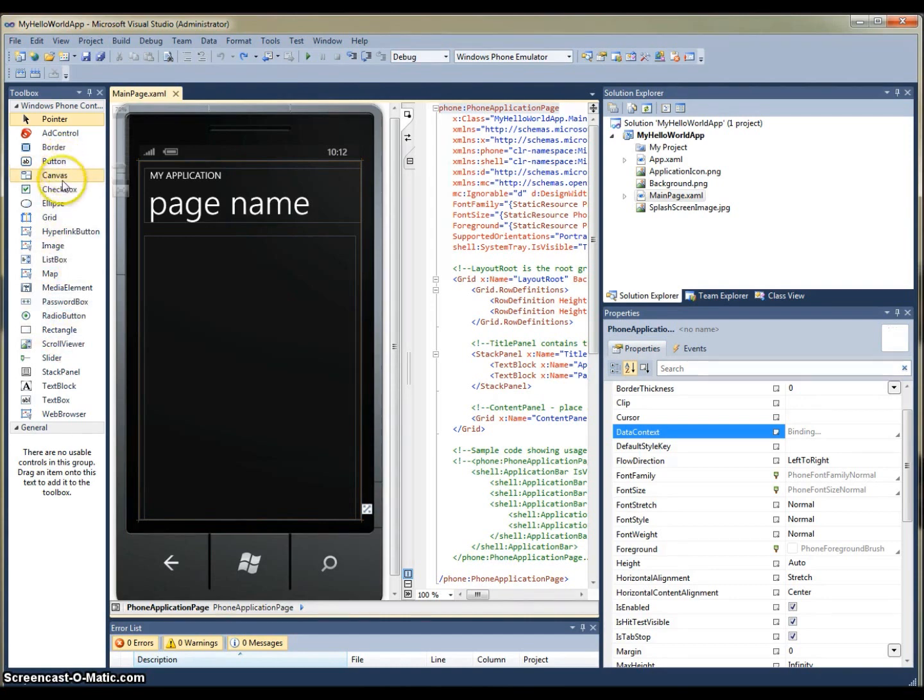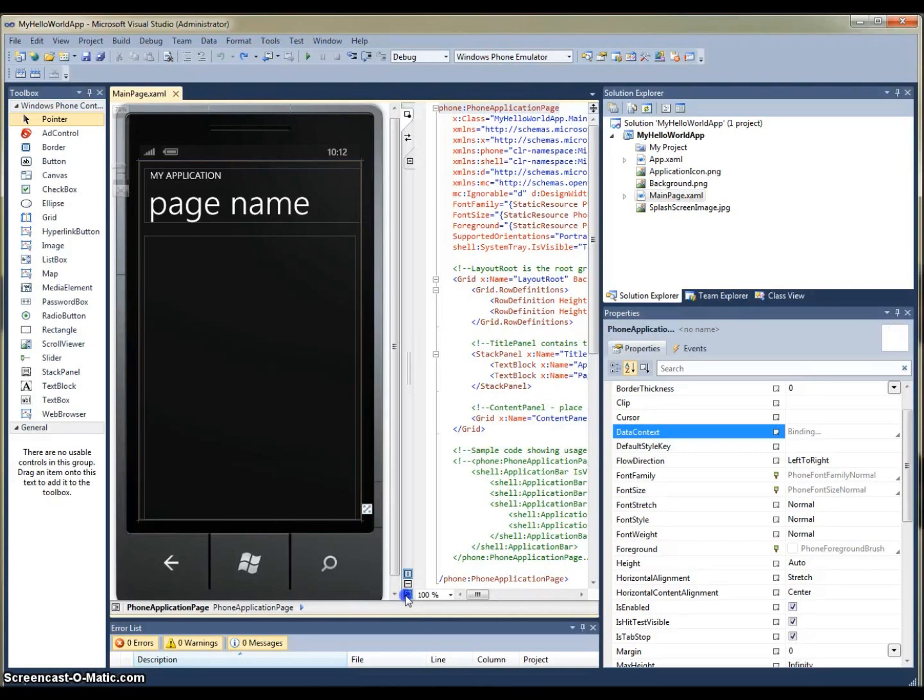There's buttons, ellipses, check boxes, images, all kinds of things that we can use in building our application. We've also got the Windows Phone Designer. Looks like a Windows Phone, and this is where we're going to build our screen. Over here we have the XAML, and for this demonstration we are going to go ahead and hide this panel. In a later tutorial we can cover this more in depth, but for now we're just writing a quick application,